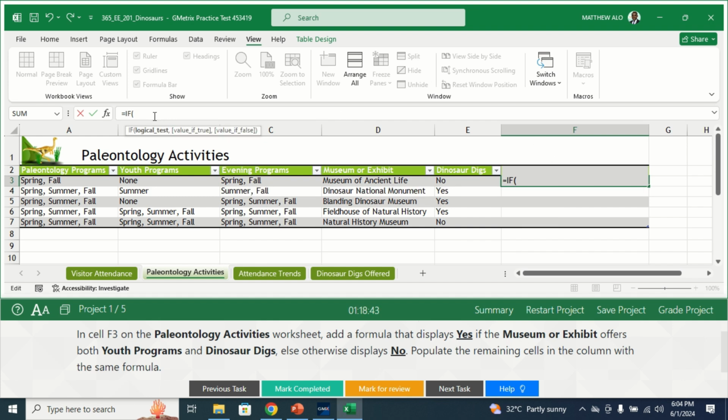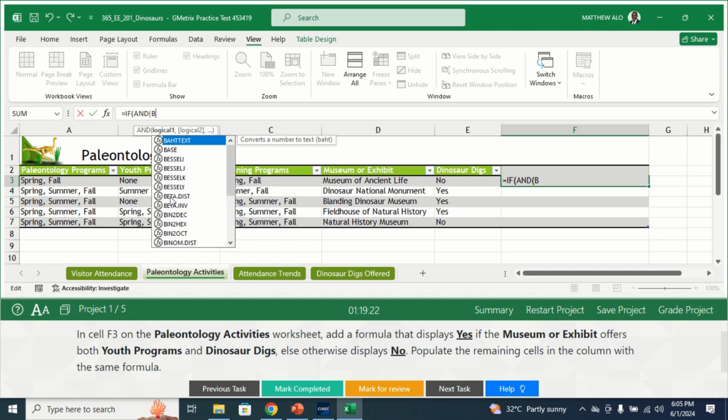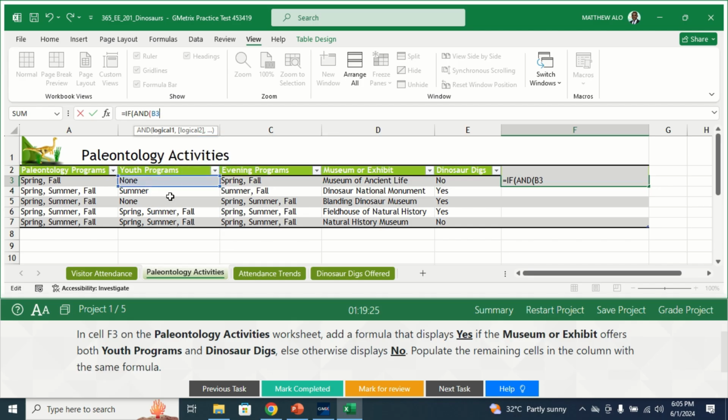Now right here, enter and put in a bracket, and if display yes if the museum or exhibit offers both youth programs and dinosaur digs. Okay, youth programs, that's represented in cell B3. D3 equals,